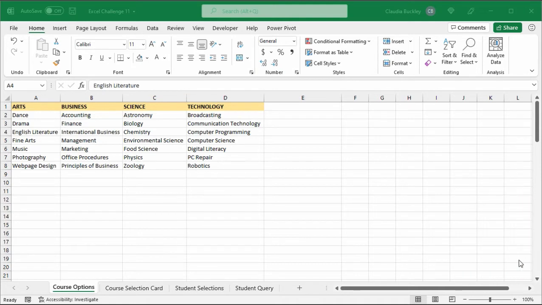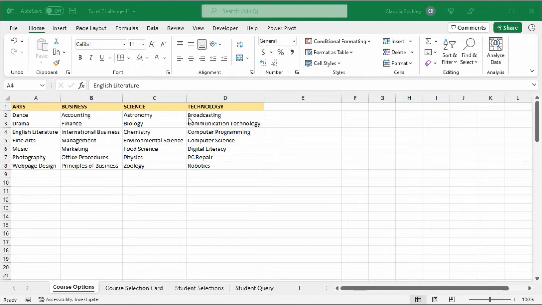It's time for a new Go Skills Excel challenge, and I'm excited. Today, you'll be designing an interactive spreadsheet by using some Excel tools we've featured in our past videos. At this school, there are 4 program pathways: Arts, Business, Science, and Technology. Each pathway has 7 subjects, and students need to choose one pathway, kind of like a major. Now, they do have to take 7 subjects, but only 4 subjects have to be from their pathway. They have the option of selecting the other 3 from any program area they like. But if they want to, they can select all 7 from the pathway.